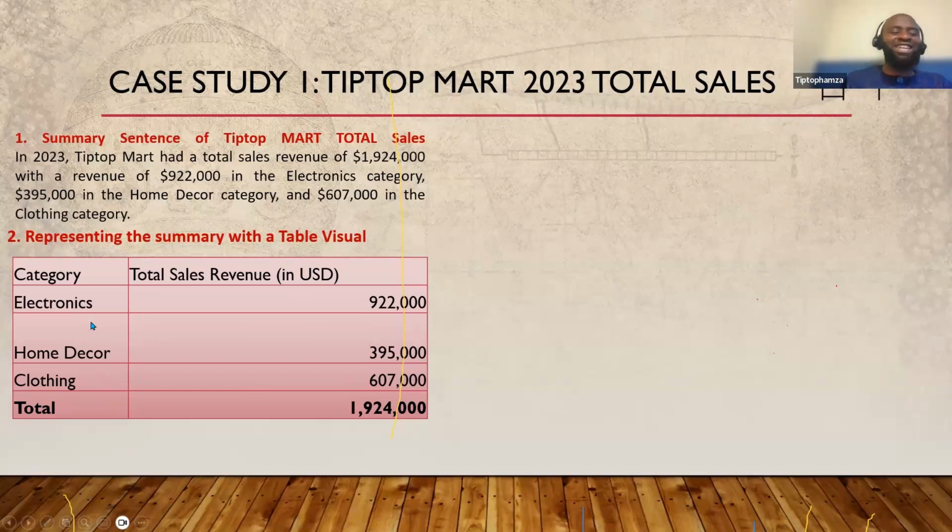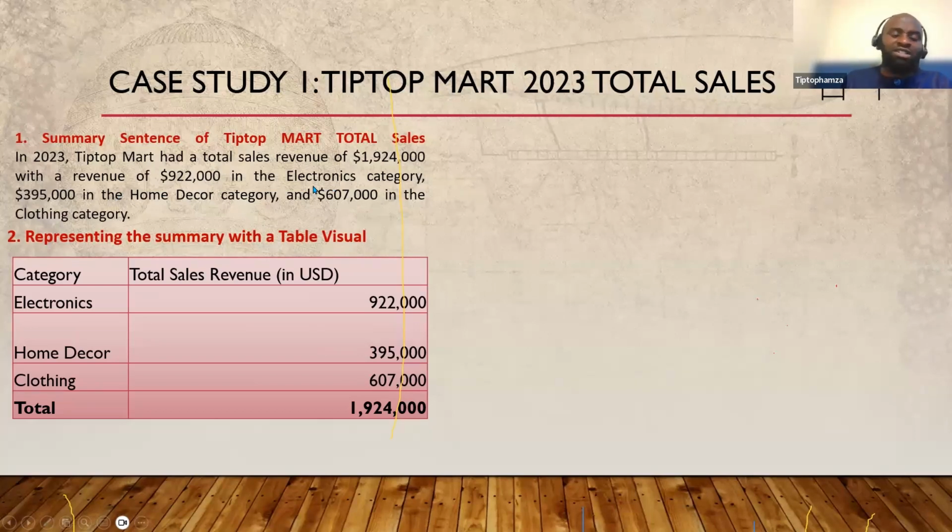For instance, just joking. So now let's assume I'm writing a report about my Tip Top Mart 2023 total sales to my manager, and I have scenario one, which I could just write in Word. Like in 2023, Tip Top Mart had a total sales revenue of about 2 million, right? With a revenue of 922,000 in the electronics category and $395 in the home decor category, and about 607,000 in the clothing category, right? So I could just write this, and then my manager will be like, okay, this is good, but